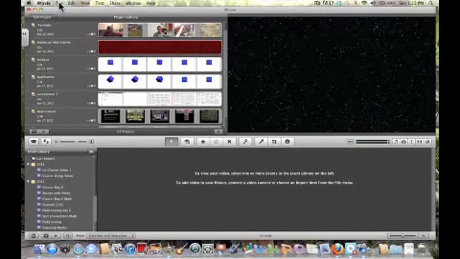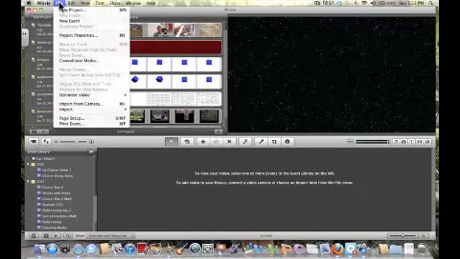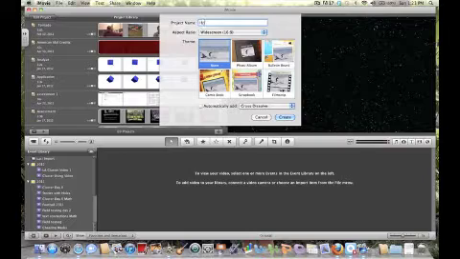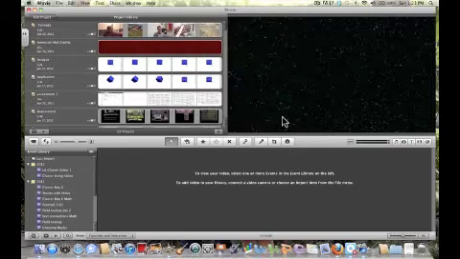Open iMovie and go to File, New Project. I'm going to name mine How-To Video, but you will name yours whatever cluster video this would be. Then you're going to go File,